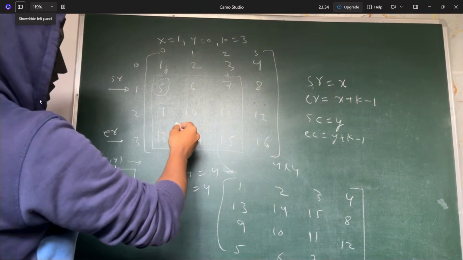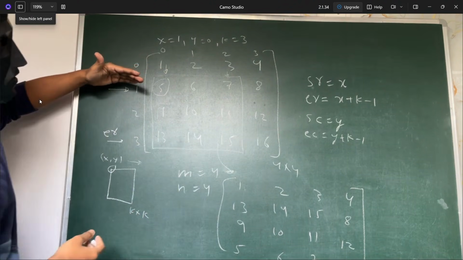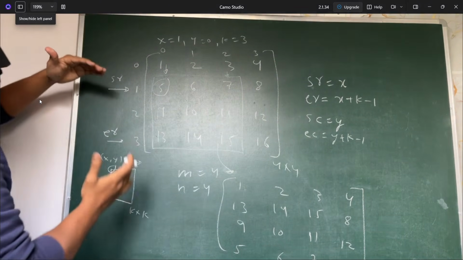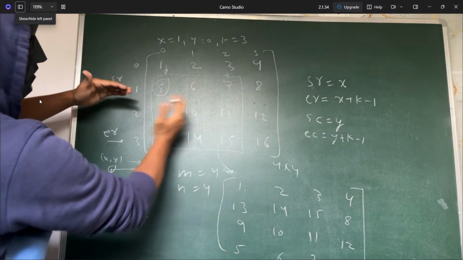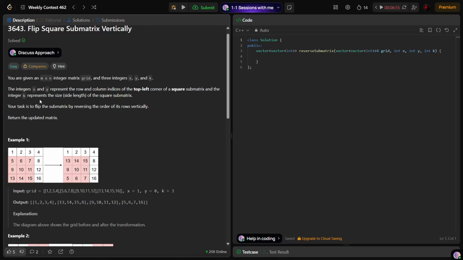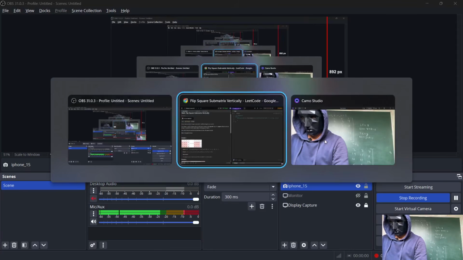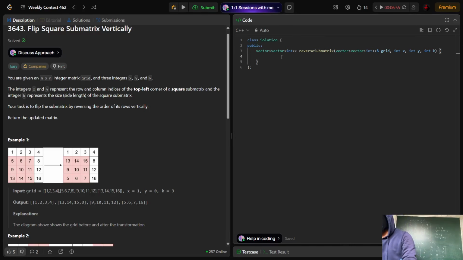And once you find these things, you will be running a for loop from start row to end row, and you will be swapping the columns. So let me tell you how you will do it. First, let me put this video at the corner, and let's try to solve this. You will take